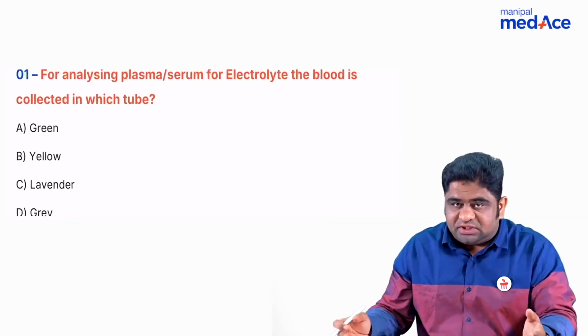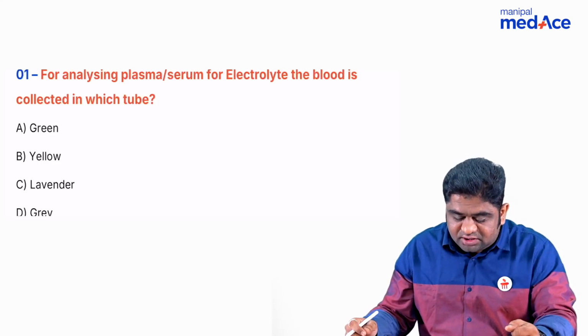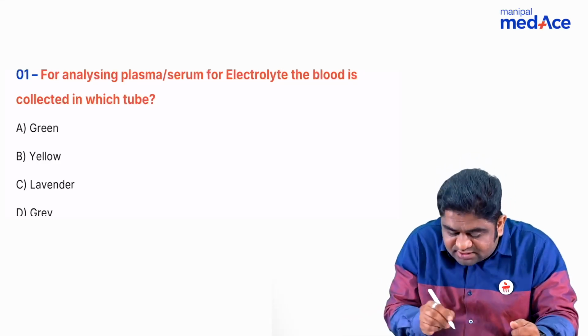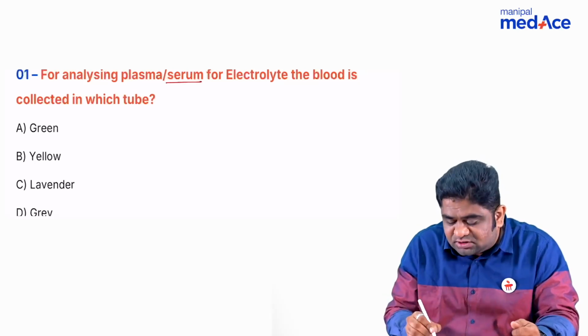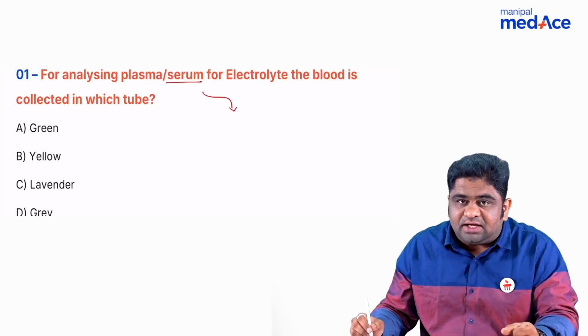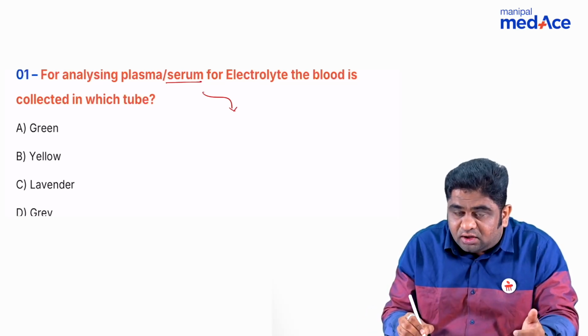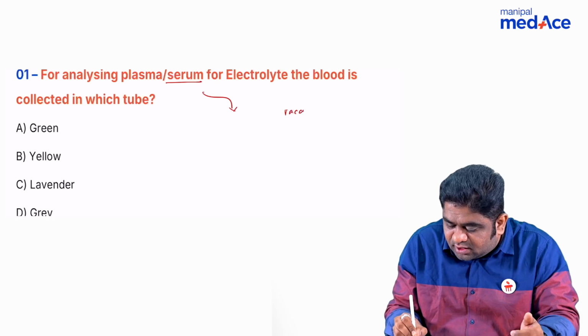Now let's go for the first question, a laboratory based question. For analyzing the plasma or serum for electrolytes, the blood is collected in which tube? The moment they say serum, remember, serum means you have used up the coagulation factors. It means clotting has to be activated. Either you have to use the vacutainer, that is vacuum containing container,